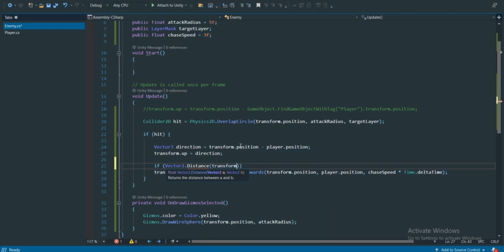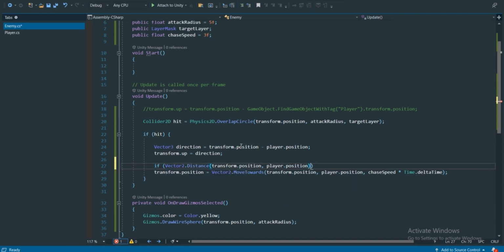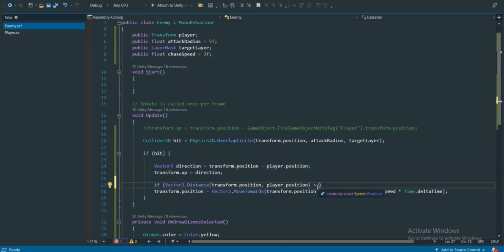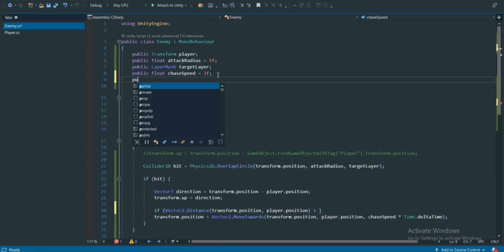So we're gonna pass our own position, which is transform.position, and the second position we're gonna pass our player.position, and for the distance between them we're gonna check if it's greater than something like retrieve distance, some smaller number. So let's go to the top of our class, and let's make something like